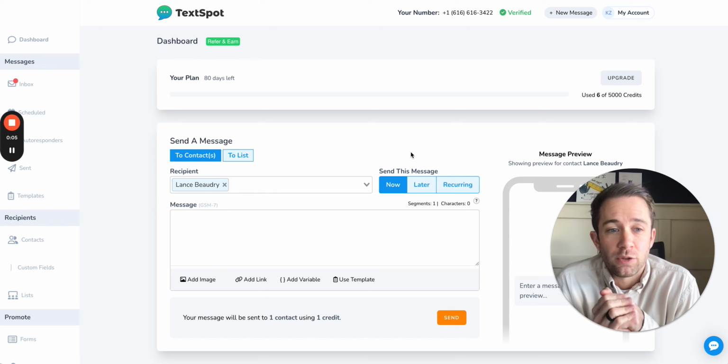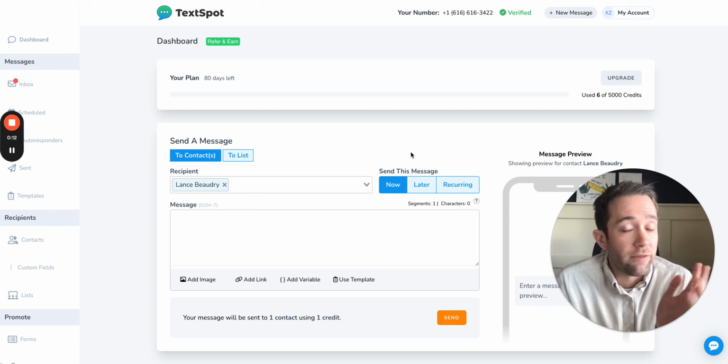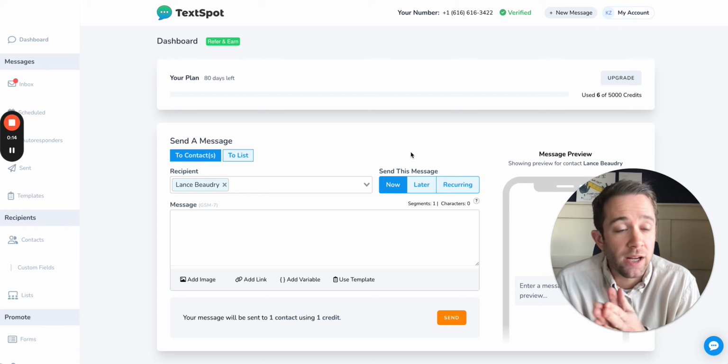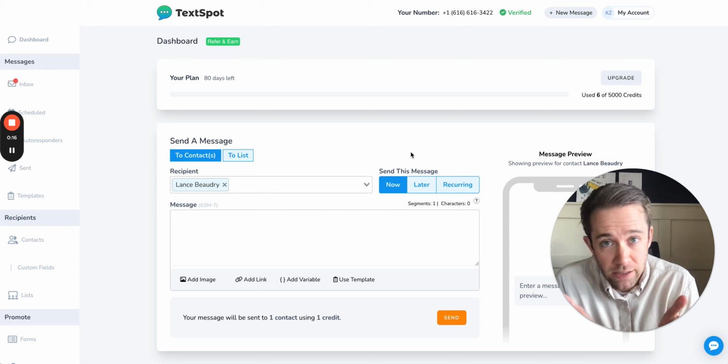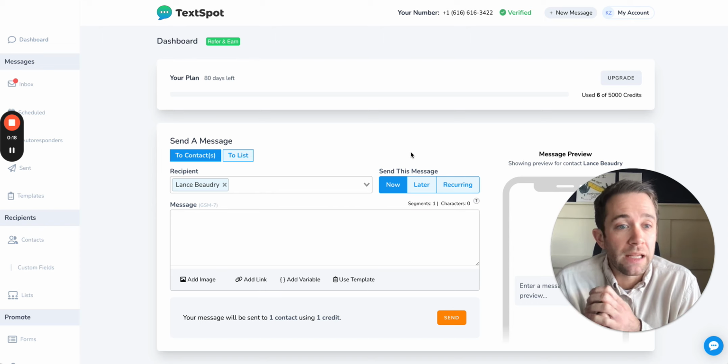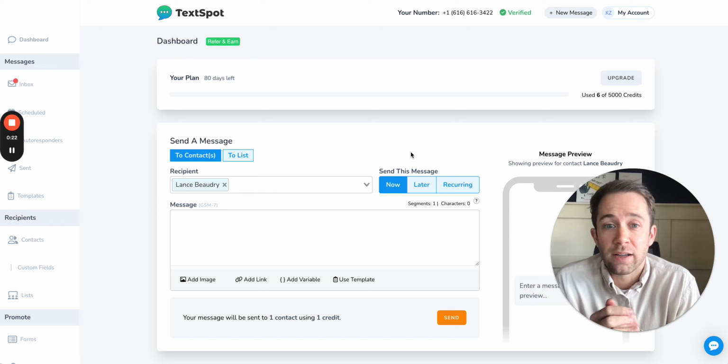I'm going to show you a really cool use case, something I use TextSpot for personally. My daughter's first birthday is coming up in February, and I have a guest list of a bunch of family and friends. And I wanted to get RSVPs by text because that's a lot easier. And it's a lot easier with TextSpot to just send a list of 20 some odd people one personalized text